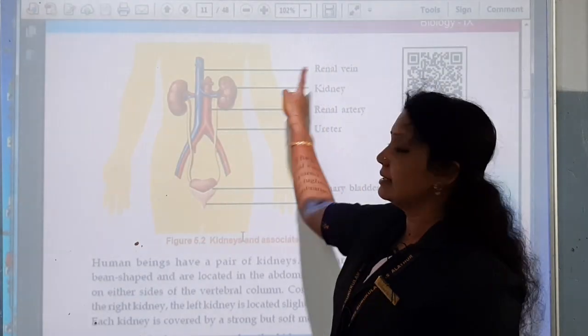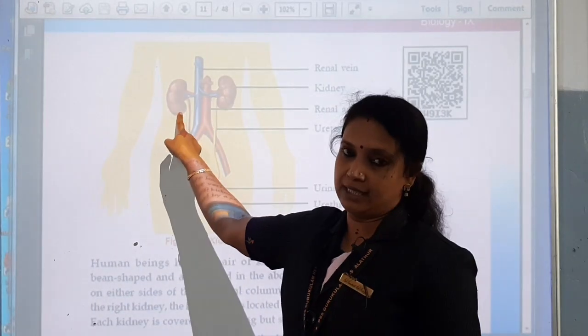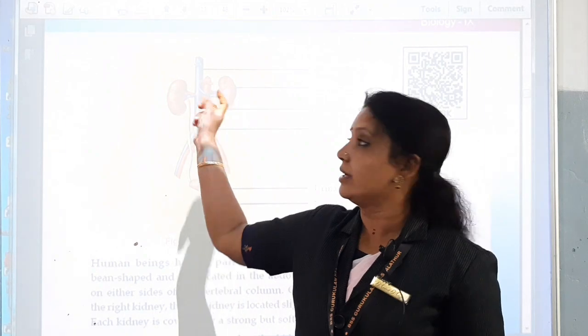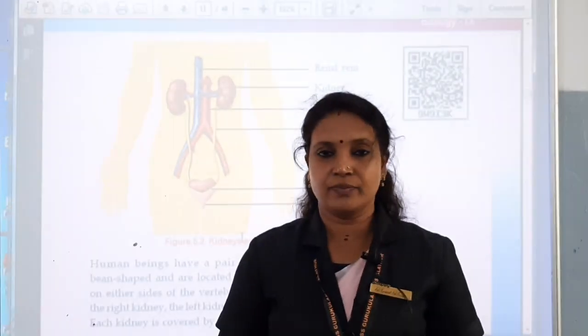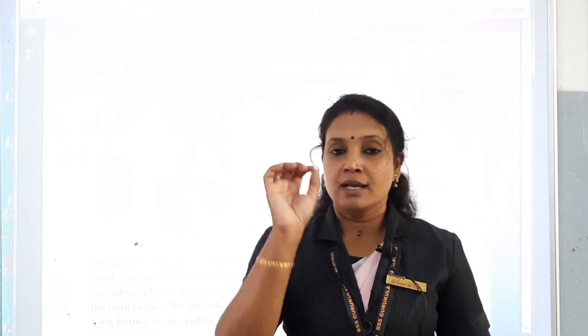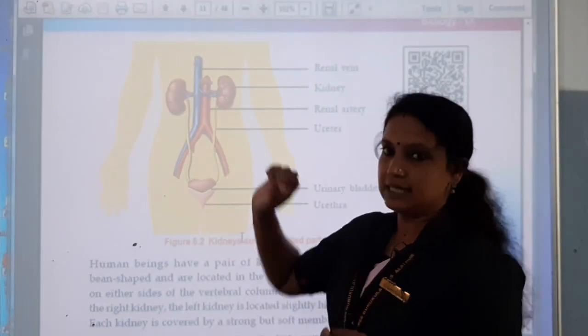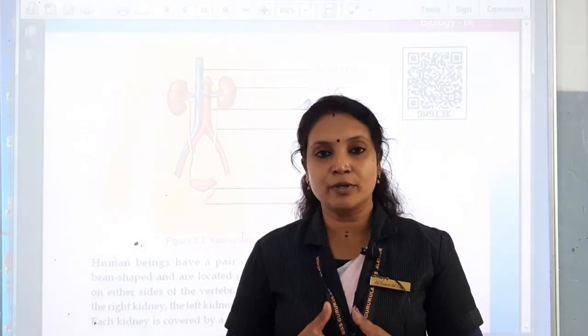After the filtration, the renal vein carries blood from the kidney to the outside, to the vena cava, because renal vein is a part of vena cava. So renal vein carries blood from the kidneys after the filtration to the veins or to the vena cava. Understood, all of you? Inside the kidney, after the filtration process, the urine is produced in the kidney,